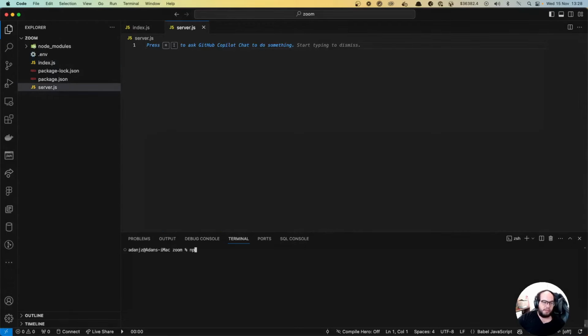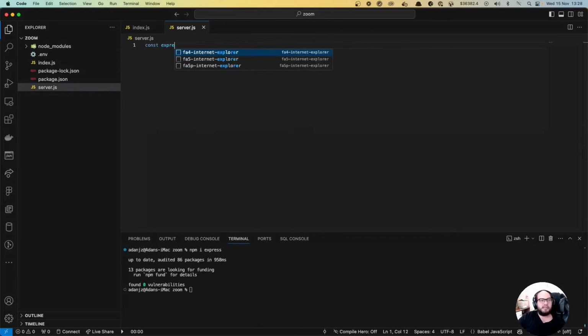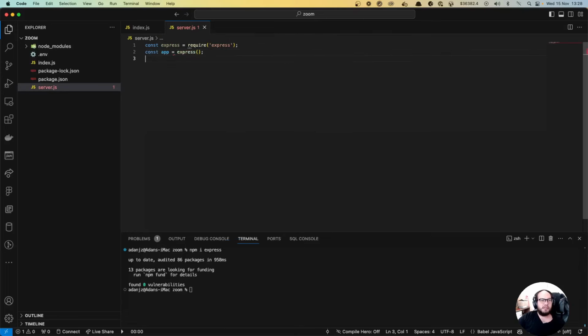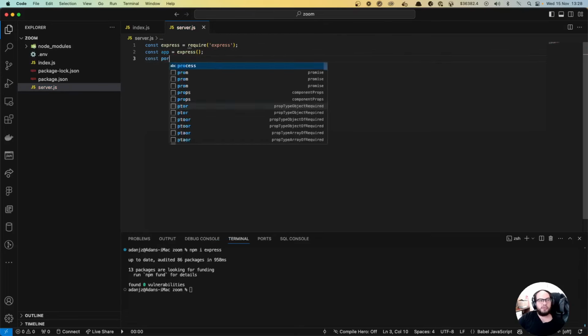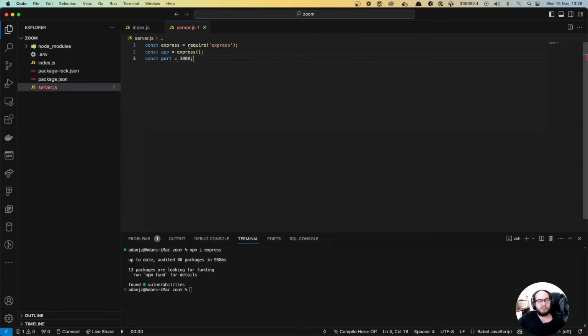Let's do npm install express, and let's do const express equals require express. Something very simple. Const app equals express, and const port is gonna be 3000, which is what I set